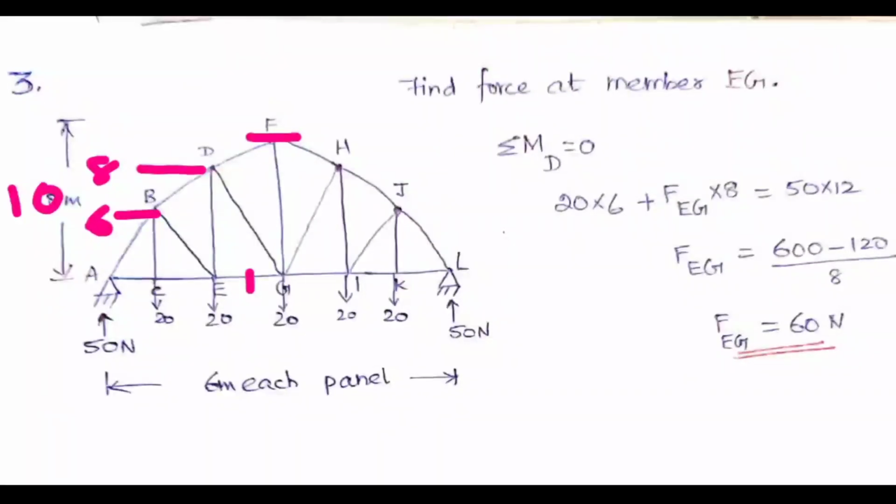So here our member EG is a horizontal member. If there is some horizontal reaction in this question, it will be very easy because we can just apply the summation of horizontal force is equal to 0. But here we can't do that. We can't do the vertical also. Okay, so we have to go for the moment only. In which joint we can take the moment, you have to think. So you can't take the joint E and G because that is the member we are taking.